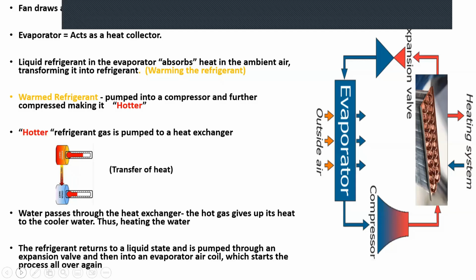It looks like a radiator. And that's where all the magic really happens, where the heat gets transferred from hot to cold. It's the law of thermodynamics. So what really happens is that water passes through the heat exchanger and the hot gas heats the cooler water. The refrigerant after that turns from a gas back to a liquid state, and then is pumped through an expansion valve that you see on the top section of that diagram, making sure that it's in a liquid state,